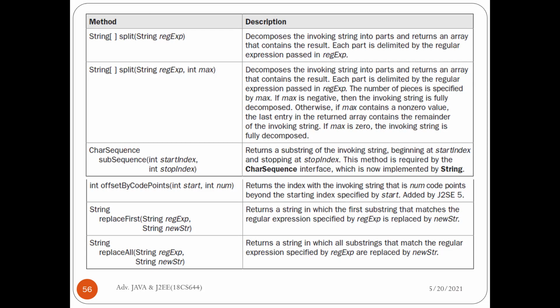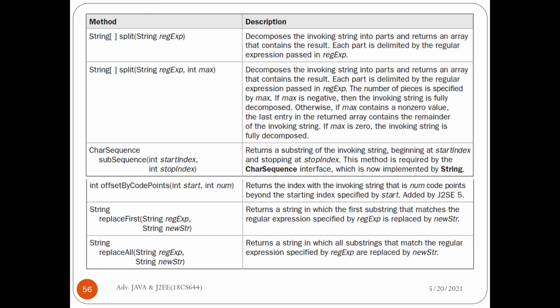Each part is delimited by the regular expression that has been passed over here. In a lengthy string, if we want to cut it into pieces, then we can use this split method.